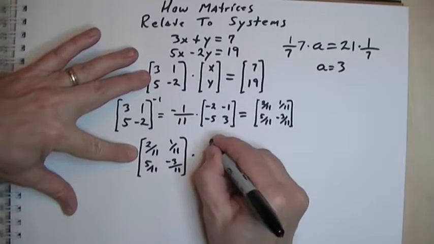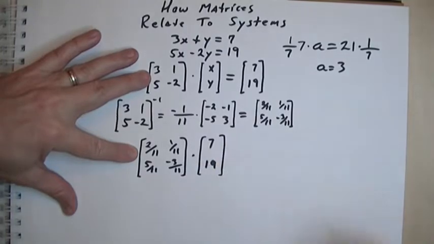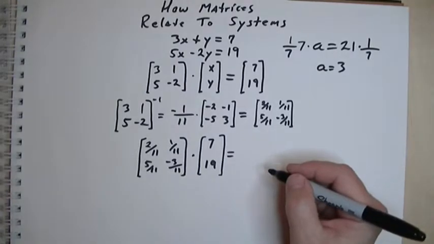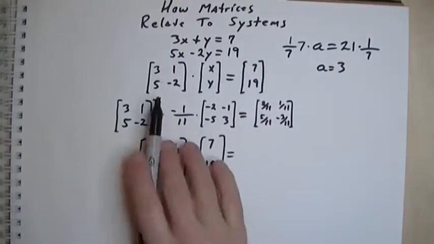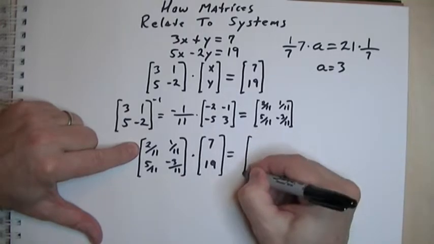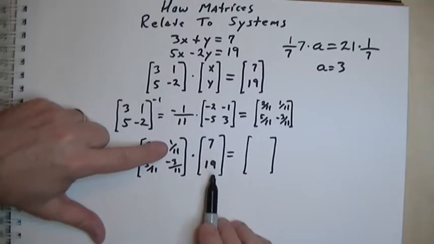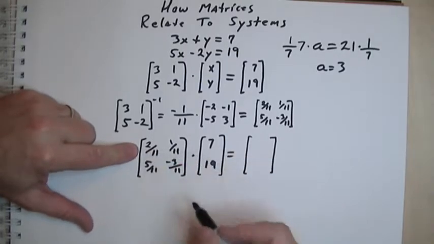And I'm going to multiply it by the 7, 19. And what I should get when I'm done is a 2 by 1 matrix, 2 rows, 1 column, and the two numbers are going to represent the x and y, because essentially I'm dividing out both sides. Multiplying by the inverse is like dividing. So let's have a go at it. In order to get the first number of this multiplication, I'm going to take these two numbers and multiply, these two numbers and multiply, and then simply add them together. So here I got 7 times 2/11 is